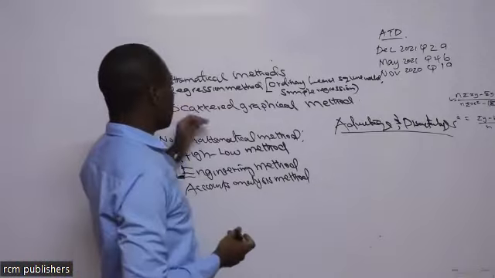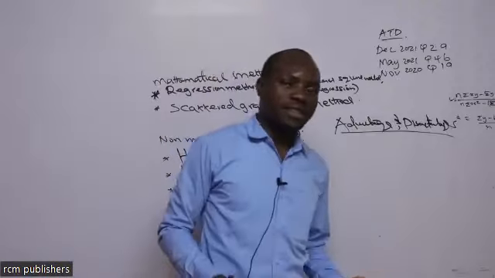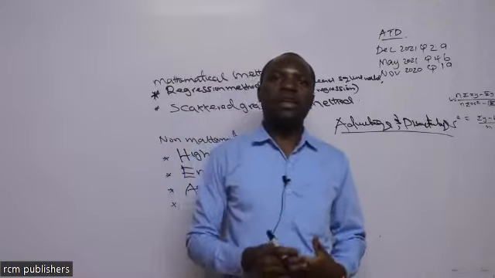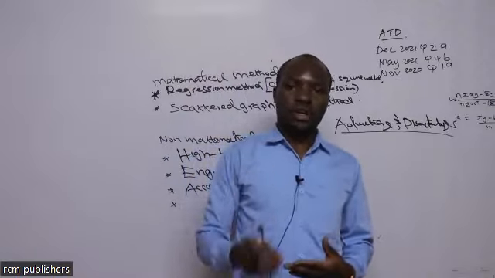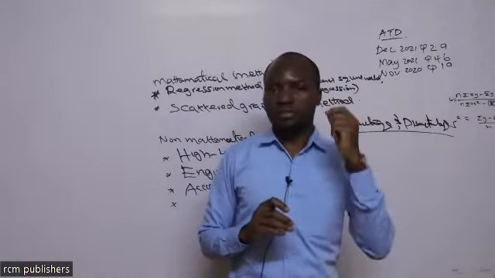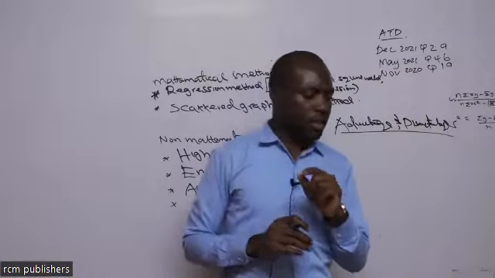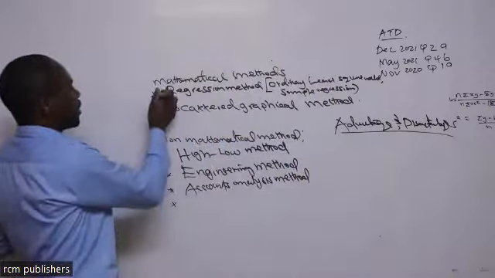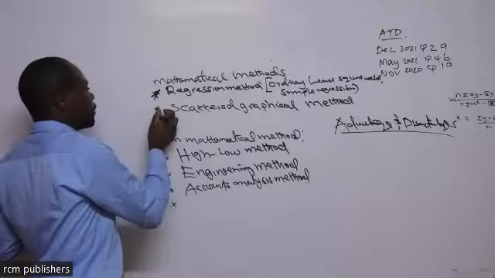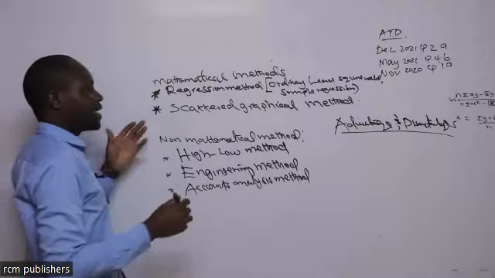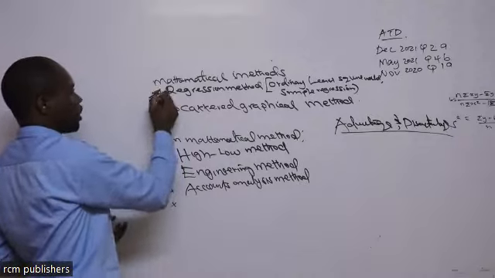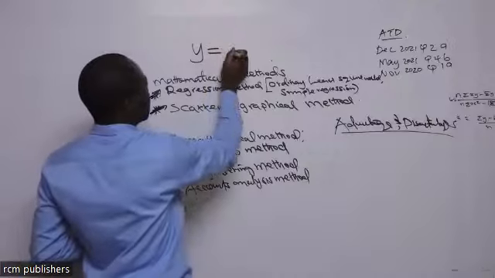What they will basically do, they will give you figures, they will give you the variables, both dependent and independent. Then down there, they tell you use regression or ordinary least square method to calculate the cost estimation function. It will be very difficult for them to ask you to give a description of how regression method is applied, or to describe the scattered graph. They basically give you figures and tell you to come up with a cost function. Remember, at the end of the day, you must have this final product,